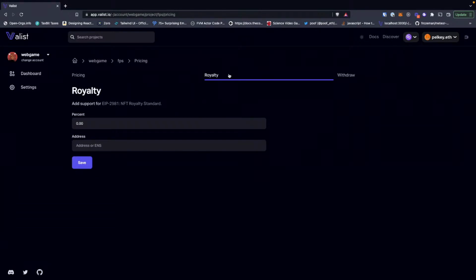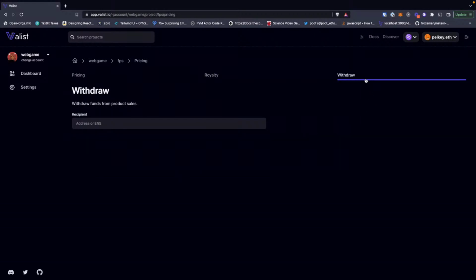So now if a user finishes playing my game and wants to resell that license so that somebody else can now play that game, especially if it's a limited edition copy of the game, I can now set a royalty percent and a royalty address that will pay me out those royalties on those aftermarket sales. So definitely check that out, fully compliant with all the royalty standards. And then lastly,